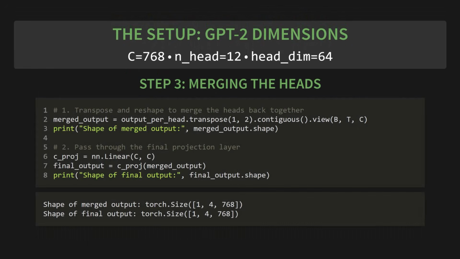Step 3. Merging the heads. Time to bring the team back together. First, we transpose and reshape to merge the heads. The code is merged_output equals output_per_head.transpose(1, 2), followed by .contiguous and .view(B, T, C). And if we check the shape of the merged output, it's back to 1, 4, 768. Then, we pass it through the final projection layer. c_proj equals nn.Linear(C, C), and final_output equals c_proj of our merged output. The shape of the final output is